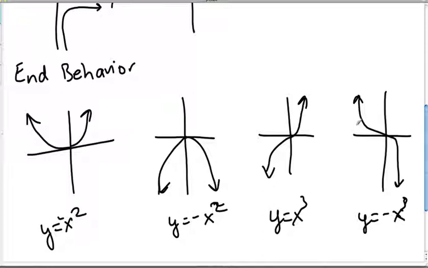You're going to press the on button. Make sure you're completely on the home screen. In the top left-hand corner, you're going to press Y equals, and you're going to type negative, parentheses, x and the caret sign, which is right above the division sign, 3, and then parentheses again. What this does is to ensure that the negative sign is going over the entire x raised to the third